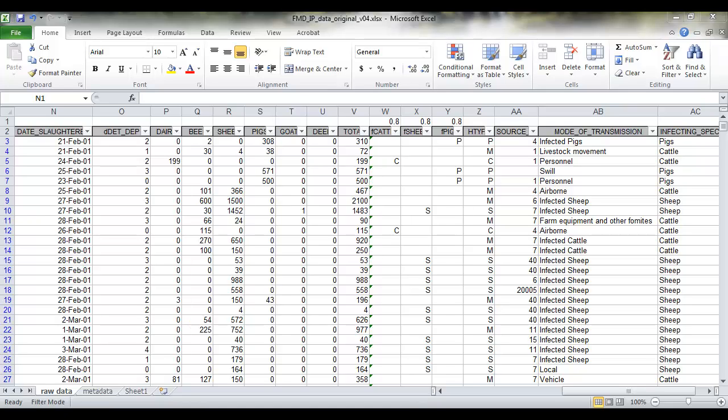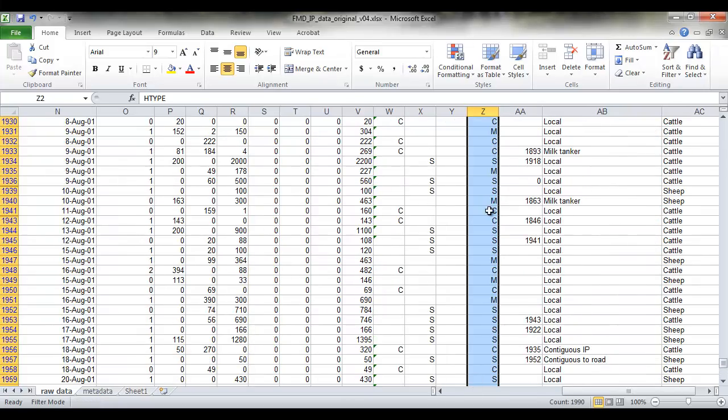This video is an introduction to how to use pivot tables. So with our FMD data, we've just finished creating a premises type classification for each infected property. So now what I'm going to do is to select Shift and down all of the data in this premises